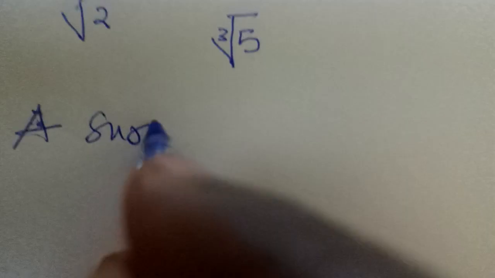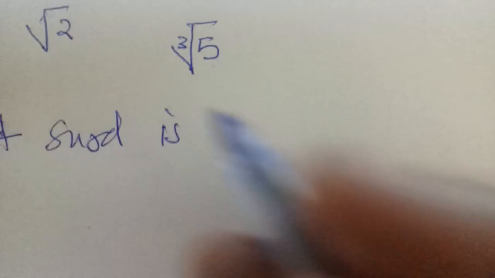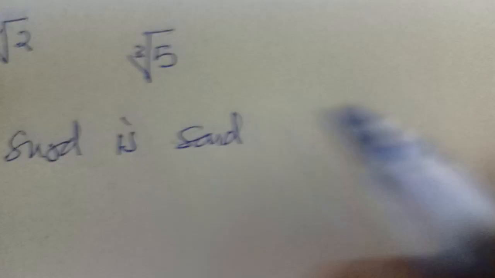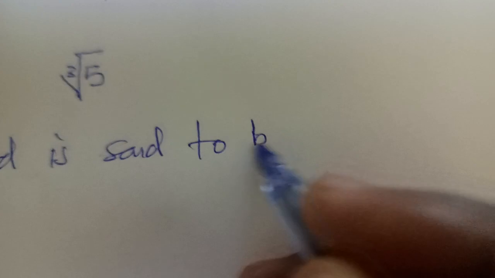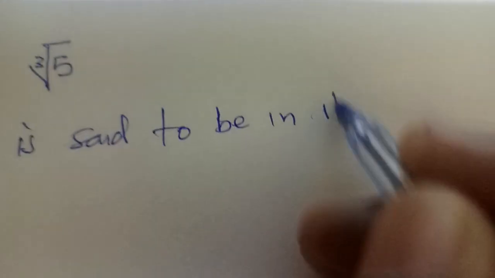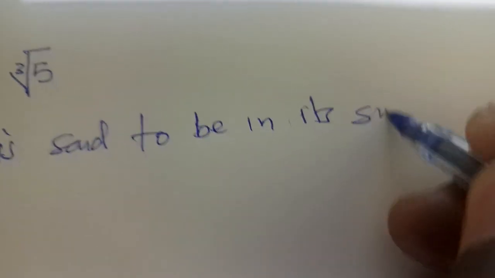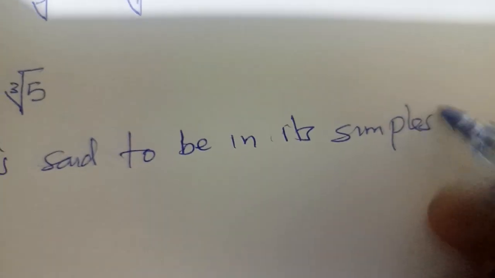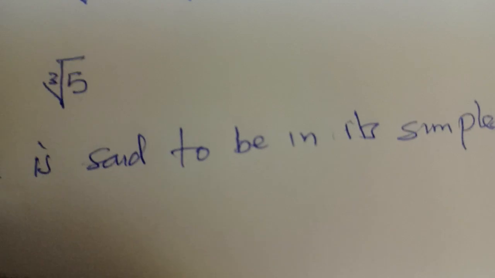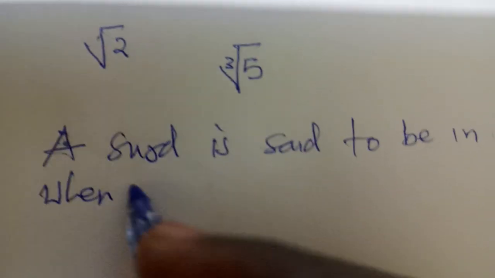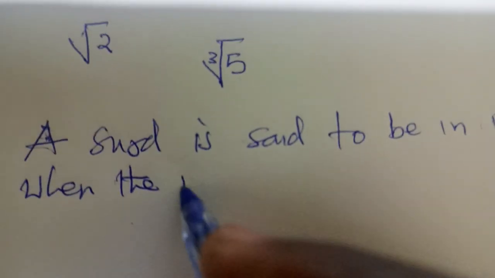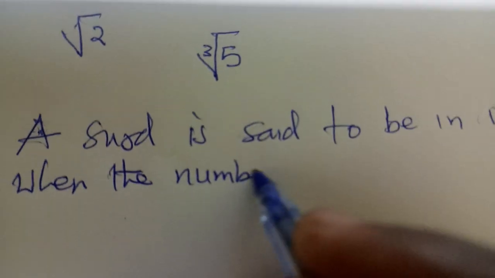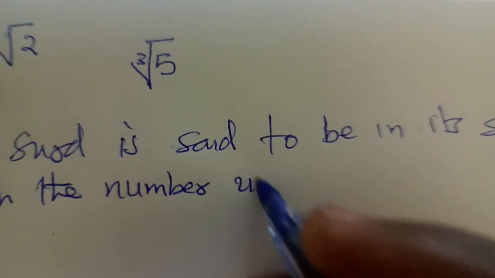So you can put this down: a surd is said to be in its simplest form when the number under the radical